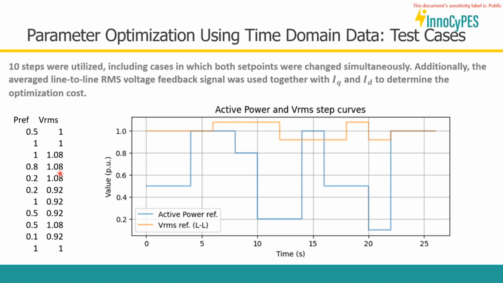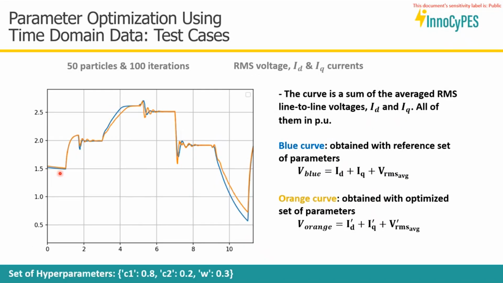And then we were capturing the values of the IQ and ID, so capturing the values of the current, and then we transformed it into IQ and ID to determine the optimization cost. So we have this example here of how, you know, like this